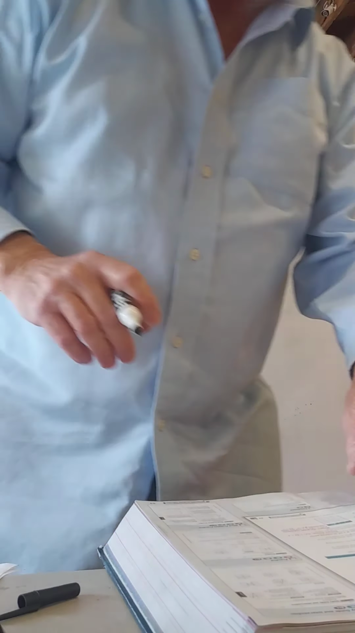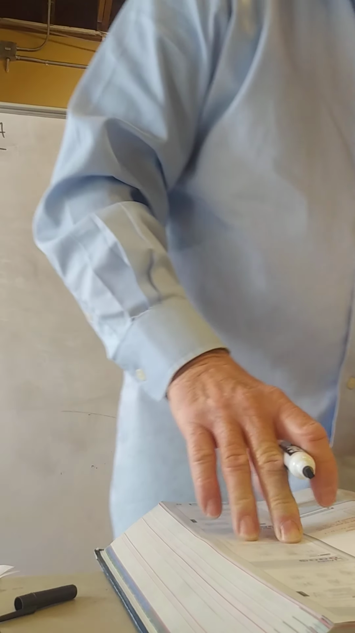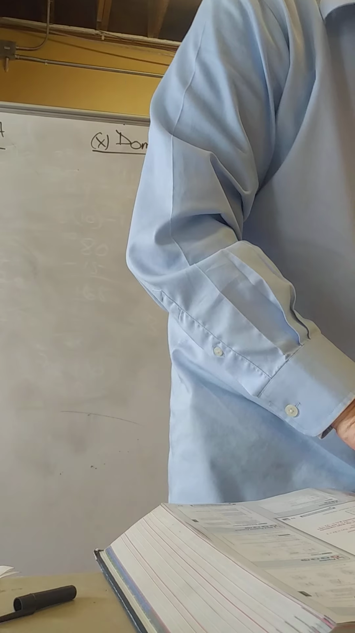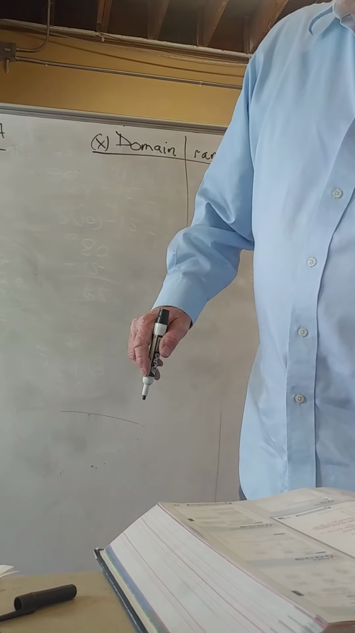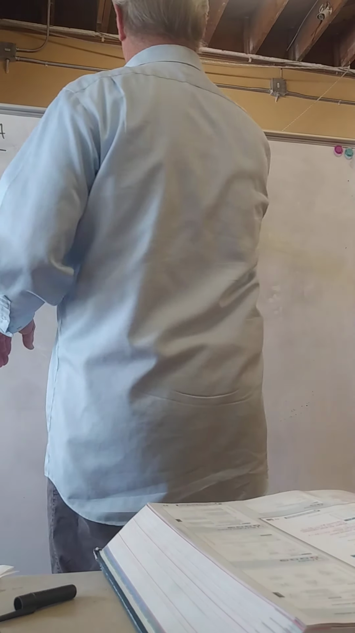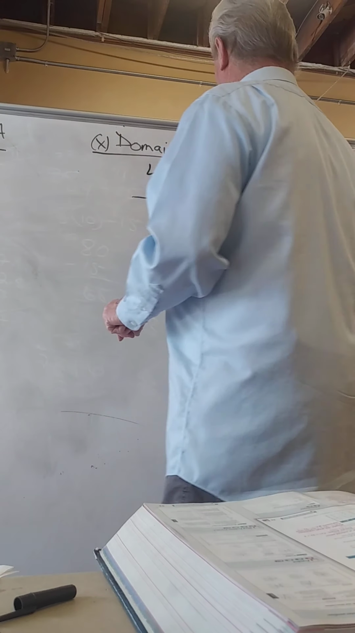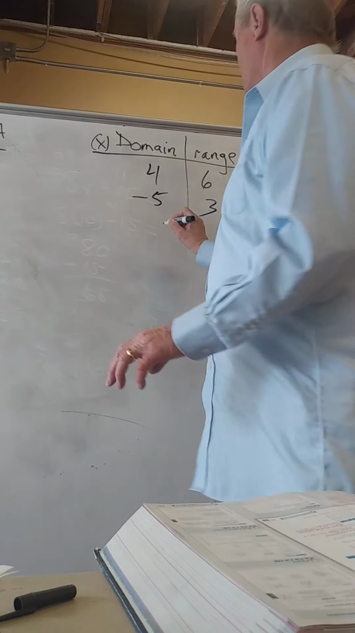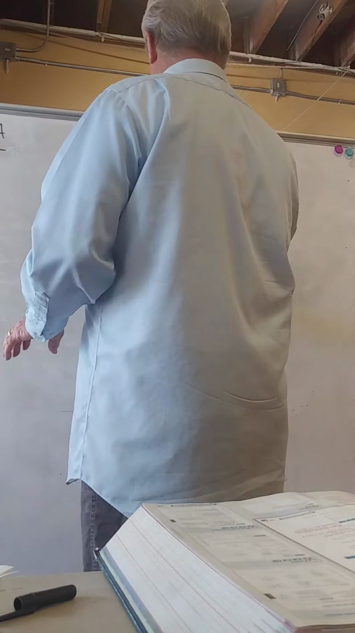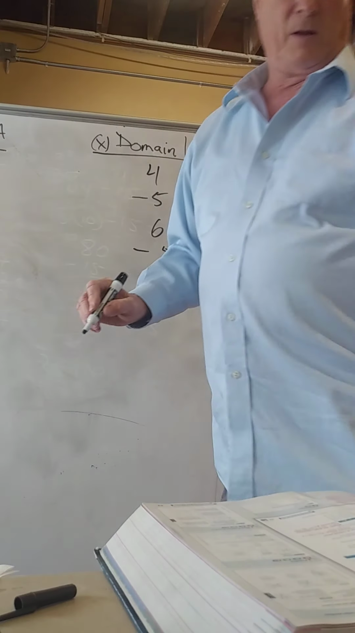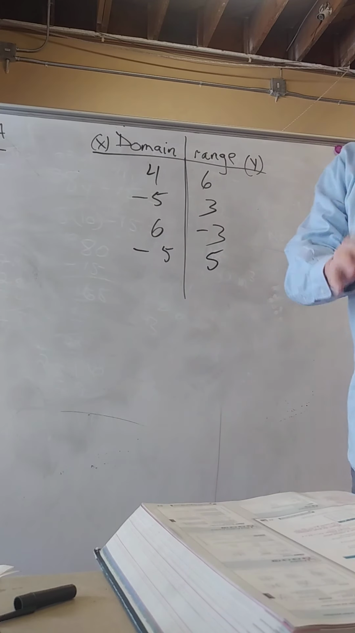So let's go to page 52, and you're going to see they list a domain for number 22 on page 52. They show this table: 4, 6, minus 5 and 3, and 6, and a minus 3, and minus 5, and 5. Okay? So basically, I'm going to prove it in a minute, but I'm just going to tell you right now that